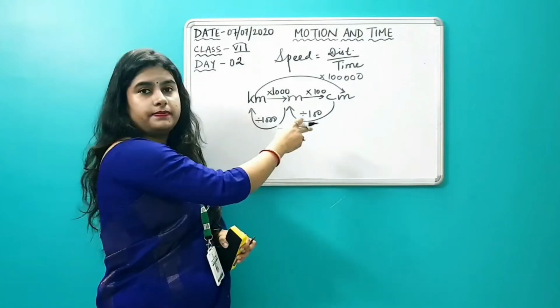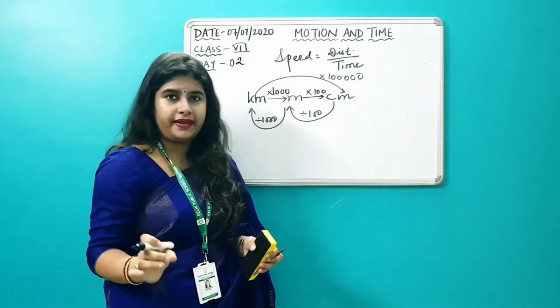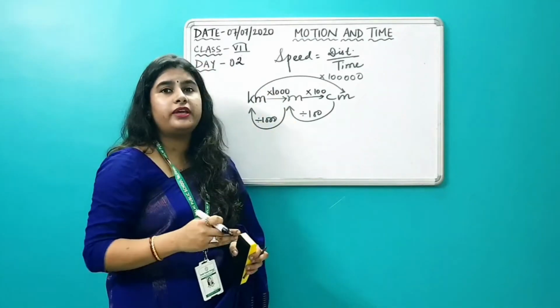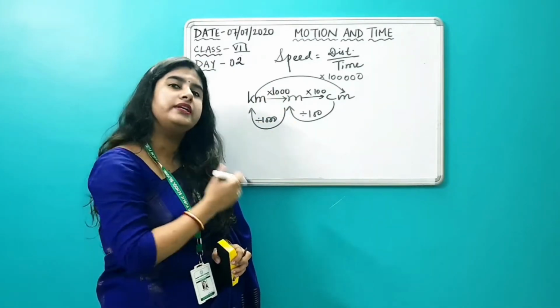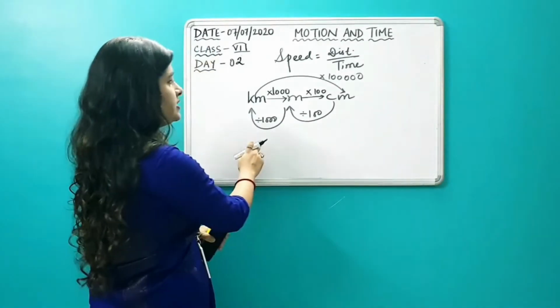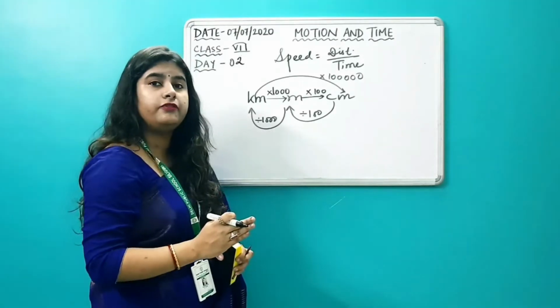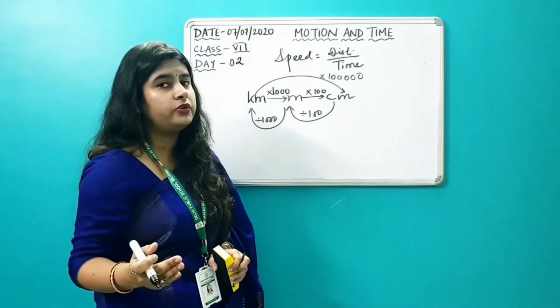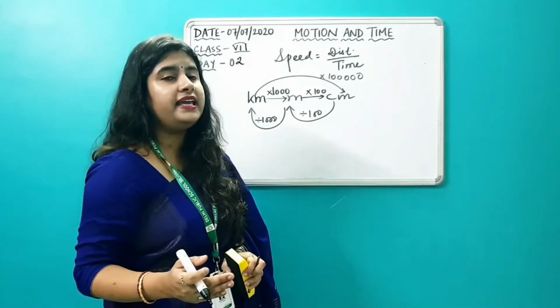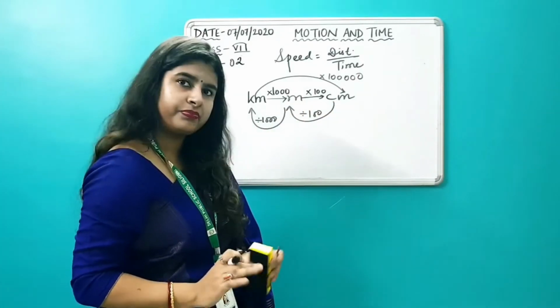Please note this. Carry a notebook and a pencil or a pen and note it down, so that when you start solving the numericals, you do it along with me. Then you will not face any more problem. Always remember, 1 kilometer equals 1000 meter. When moving from a bigger unit to a smaller unit, you should always multiply, and from a smaller to a bigger unit, you should always divide.